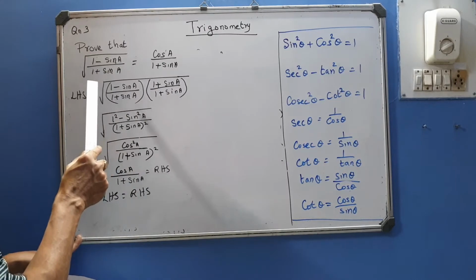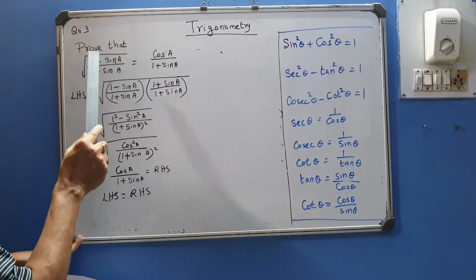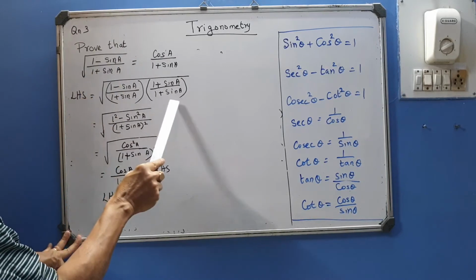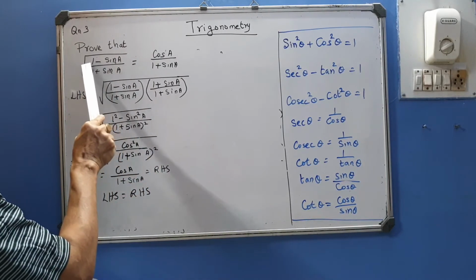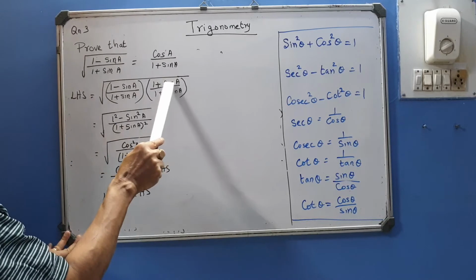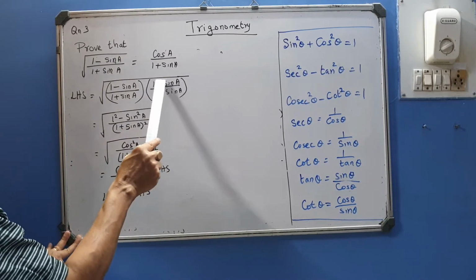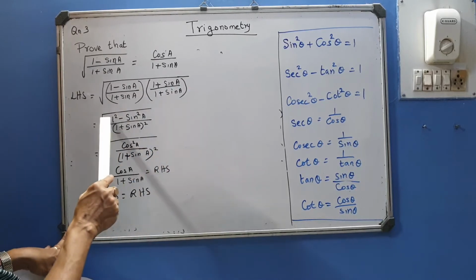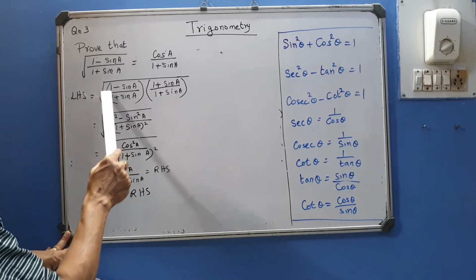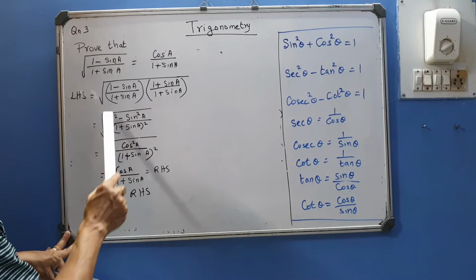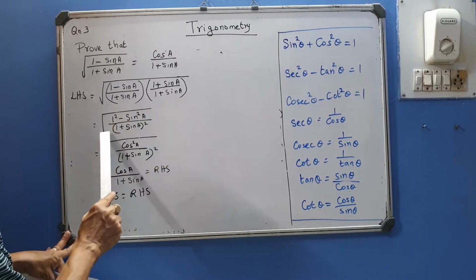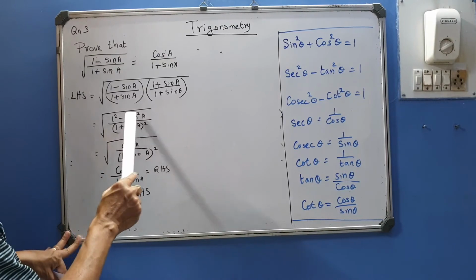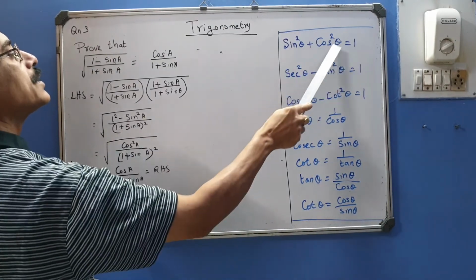So again I repeat, here, instead of rationalizing the denominator, we rationalize the numerator within the square root. So the rationalizing factor of 1 minus sin a is 1 plus sin a. So top and down multiply by 1 plus sin a. The numerator becomes a plus b into a minus b, which is a squared minus b squared, 1 squared minus sin squared a. The denominator is 1 plus sin a into 1 plus sin a, which is 1 plus sin a the whole squared.